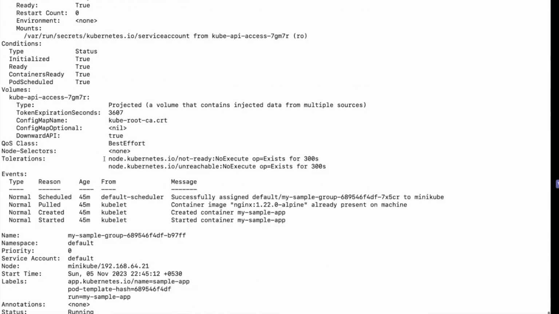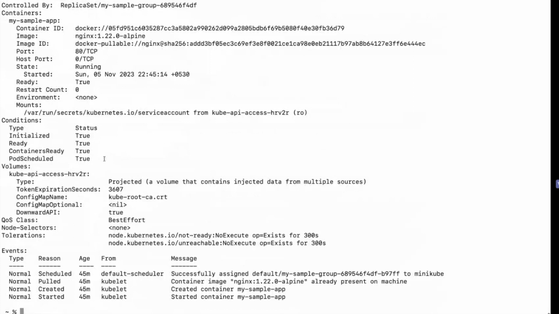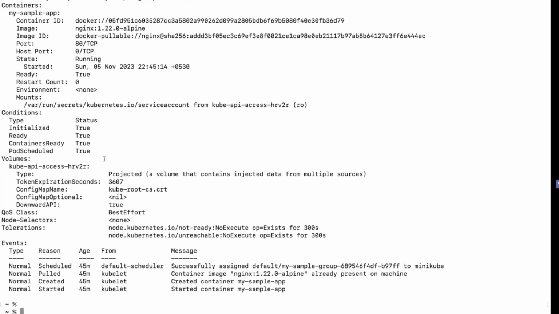Okay, so on and so forth. You can see this is how you can get a little bit more information about our pod. If the information given by the command kubectl get pods is not sufficient, we can describe the pods. Now, if you want to go inside the shell of the pod, which is highly, highly recommended not to do,